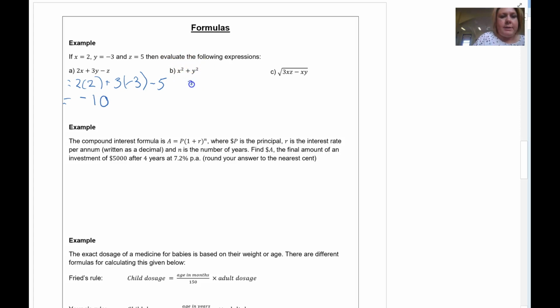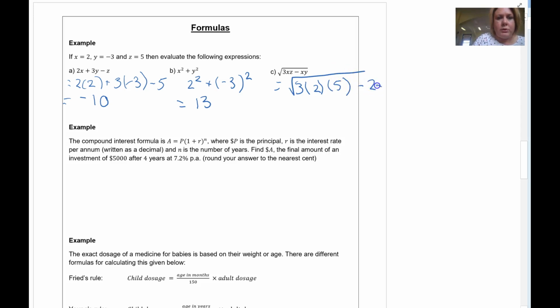The same here, x is 2, so 2 squared plus -3 squared, and you would put that in your calculator. Make sure you do put it in your calculator. If you get a different answer than me, then you need to probably question what you're doing wrong and show me so I can help you. That's 13, and this one is root 3 times 2 times 5